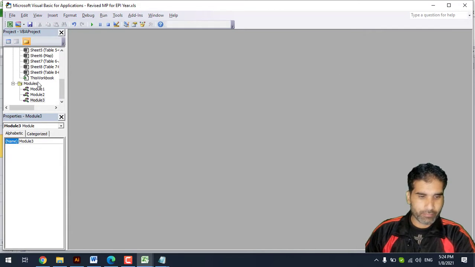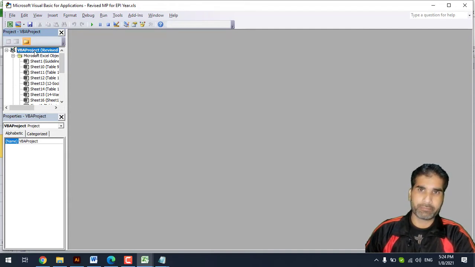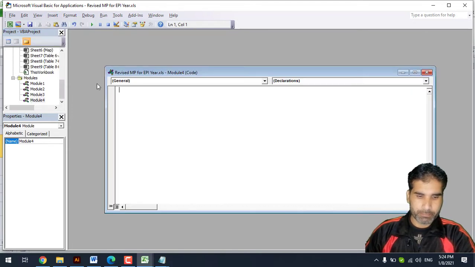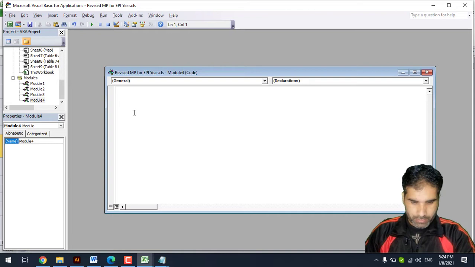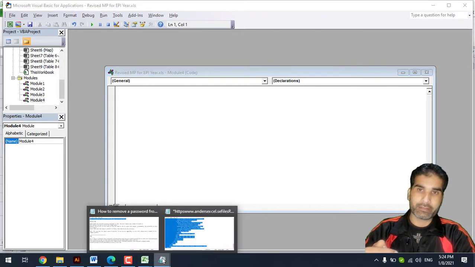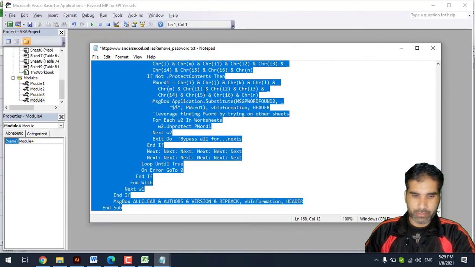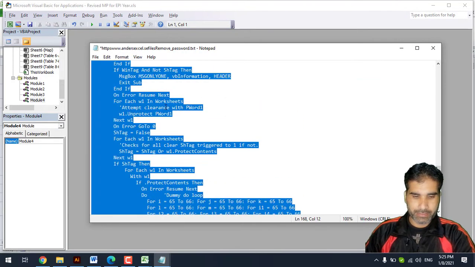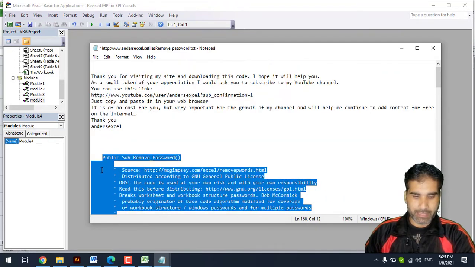and click on the VBA project, or whatever you have in your Excel. Okay, go to Insert, Module, and paste. Download the file given in the link below and copy this whole text, Public Sub Remove_Password. Okay, copy it,